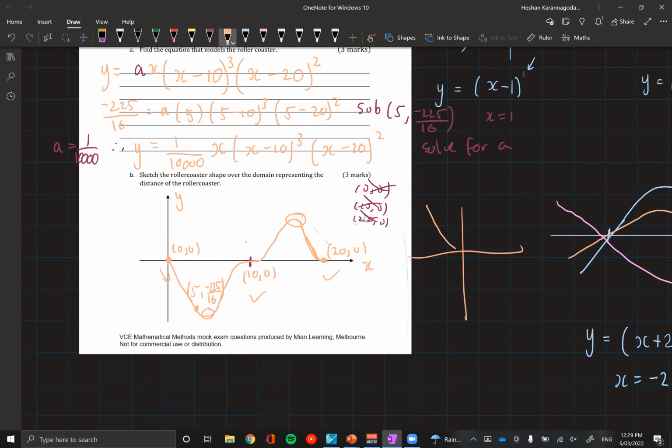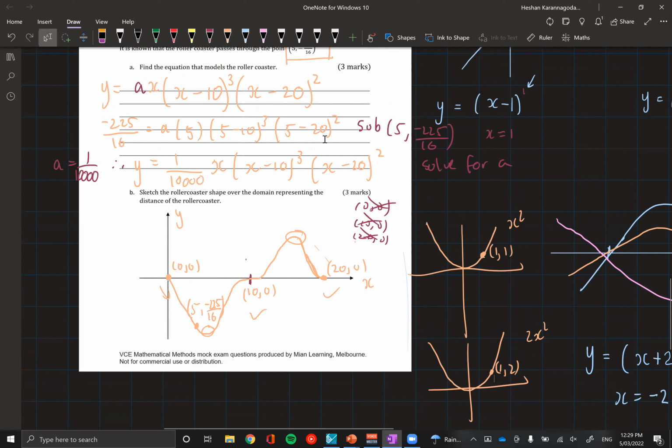I'll give you an example. If we have y is equal to x squared versus y is equal to 2x squared, it's going to look exactly the same and you won't be able to tell the difference. You don't know the scale. The only difference is you have to substitute in a point, 1, 1. You have to substitute in the point here, which is going to be 1, 2, right? And now you know, okay, this is y is equal to 2x squared, and this is y is equal to x squared. So that's the reason you do need an anchor point.